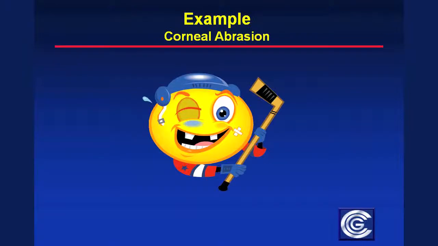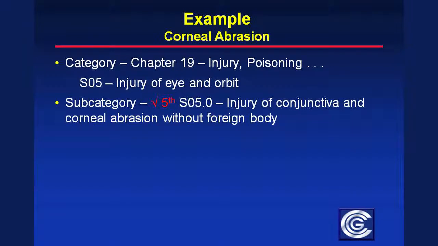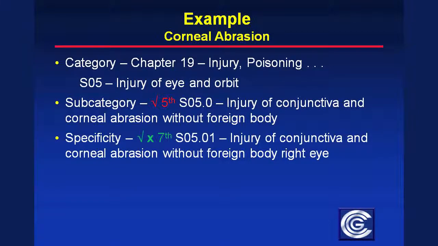Now let's see how the seventh character is applied in a case involving a corneal abrasion due to a sports injury. Start with S05, injury of eye and orbit. Once we find injury of conjunctiva and corneal abrasion without foreign body, we see 5 character codes that can assign laterality for the side of the body. In this case, the right eye,